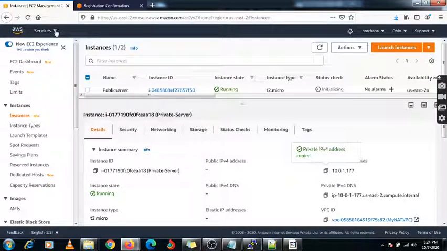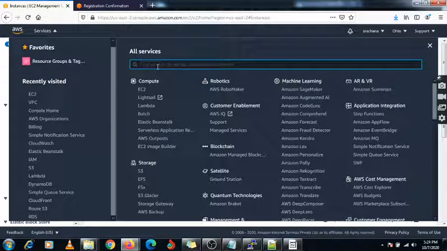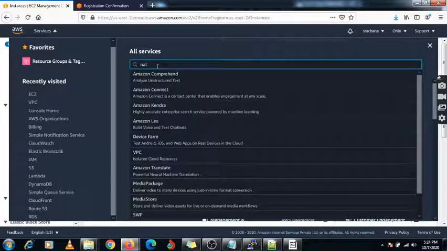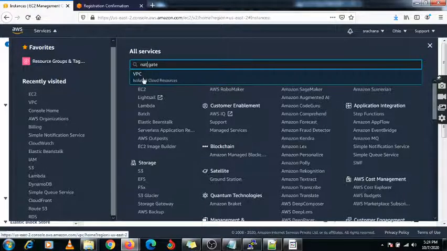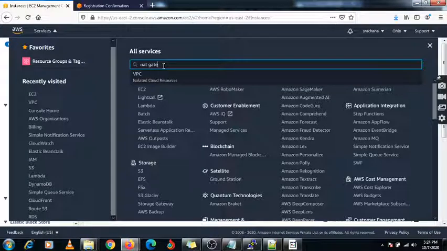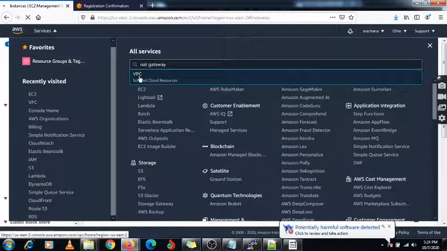Okay, I need to check it under this option, NAT gateway. Under this VPC we will get this option.